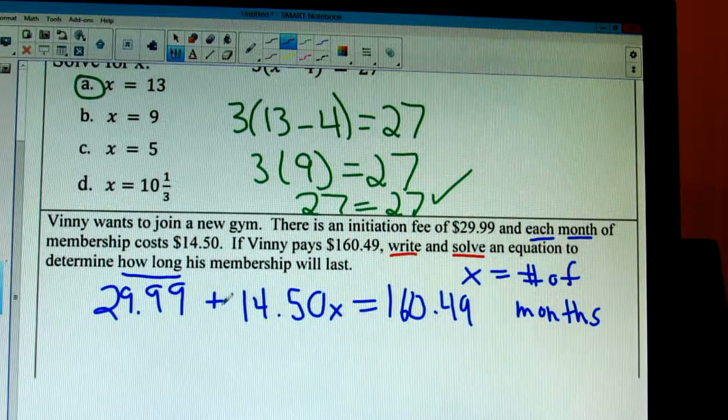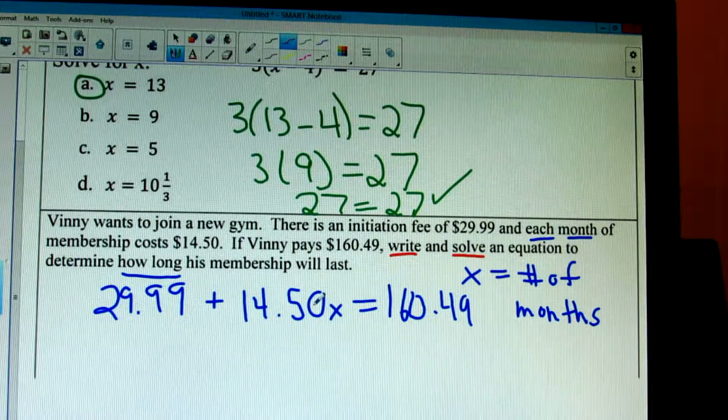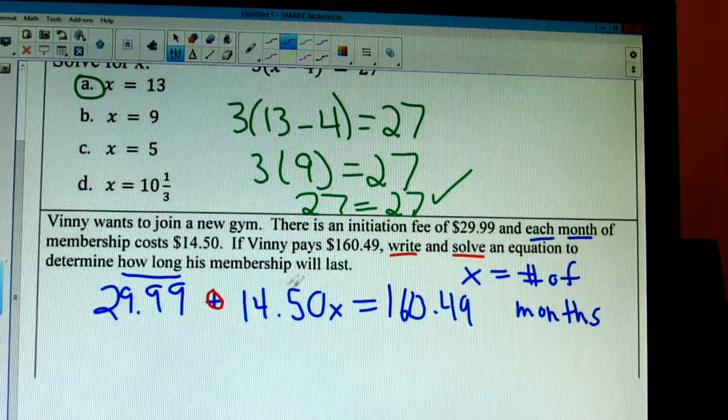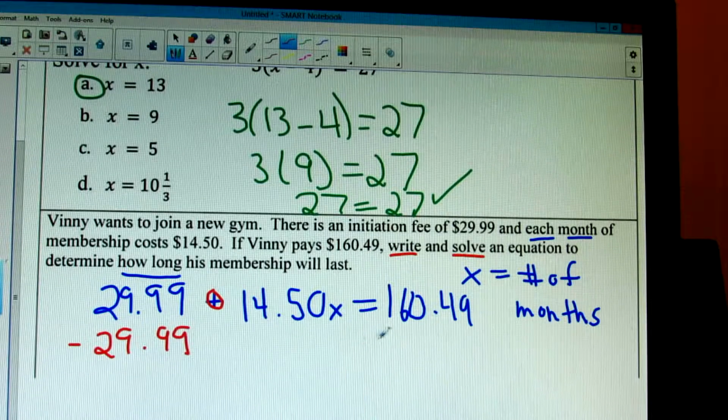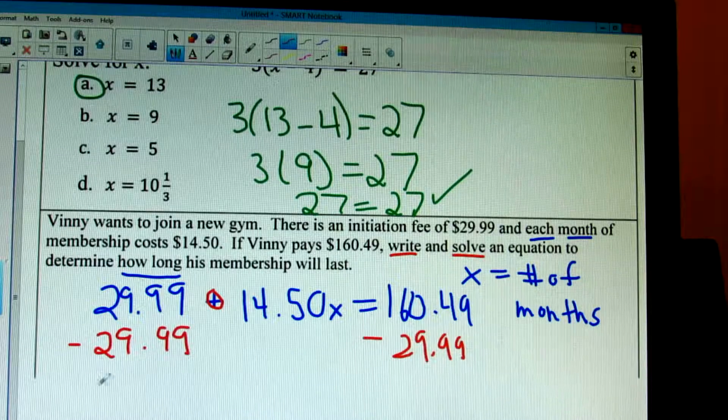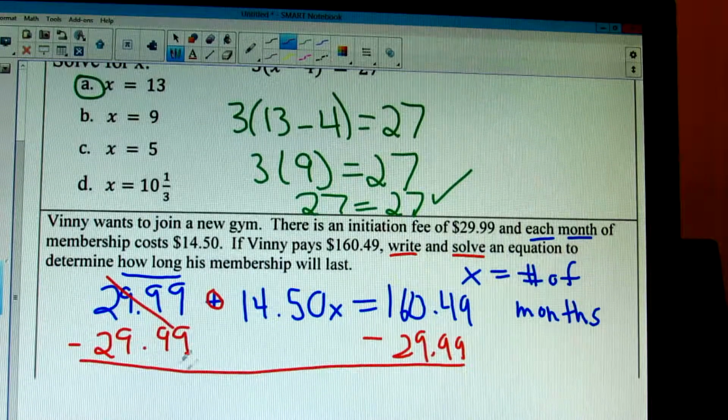So I am dealing with some adding, and I am dealing with some multiplying. What do I have to do first? According to SAD-MEP, I have to do my adding or subtracting first. So I have to get rid of this adding by subtracting. What am I subtracting? Well, this $14.50 is multiplying by X, so I have to get rid of the $29.99 by subtracting. Again, make sure your subtraction sign is there. Sorry for my terrible handwriting on the smartboard. Cross this guy out. I'm left with $14.50 X equals,